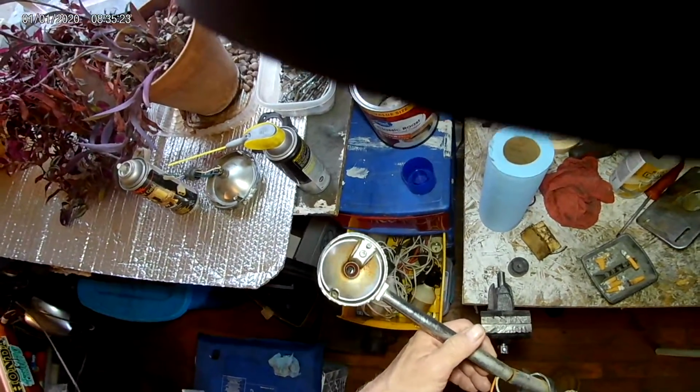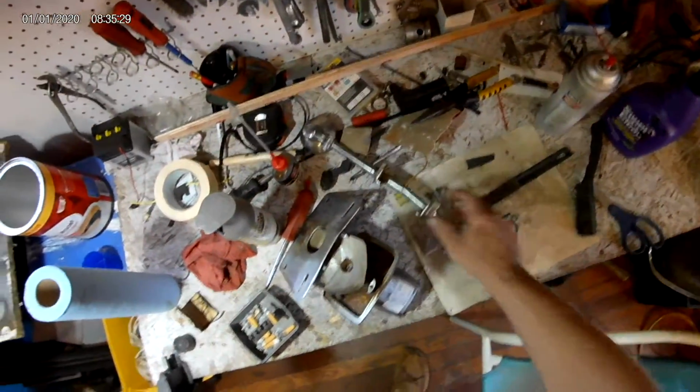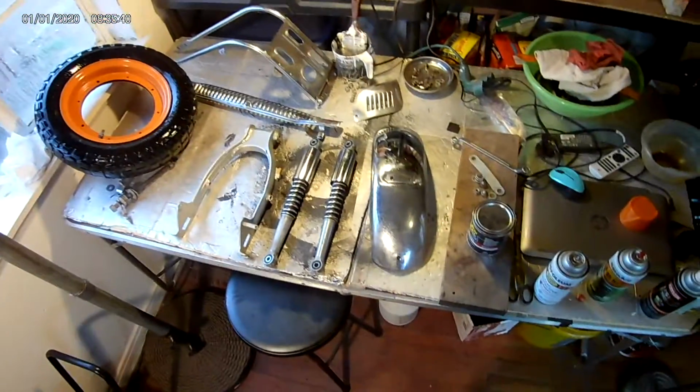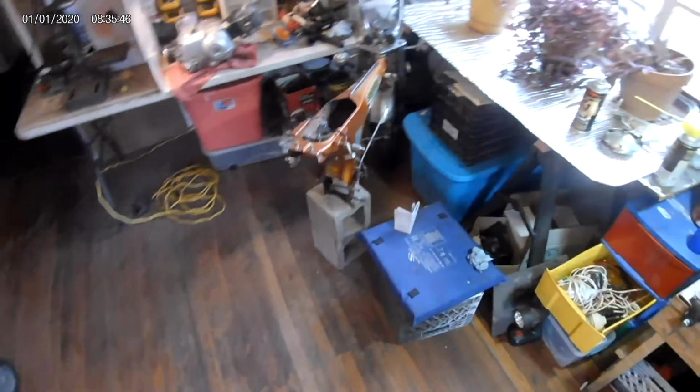And these sockets are kind of rusty, so that's questionable right there, what to do with that. So this is where I'm at right now. Just been cleaning and polishing a little bit, doing some painting, and